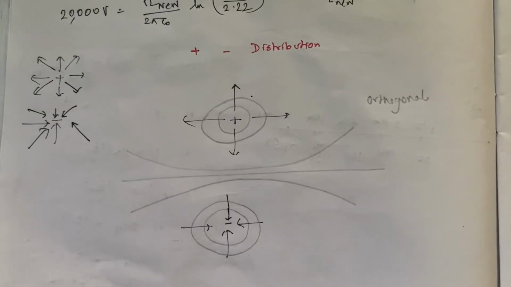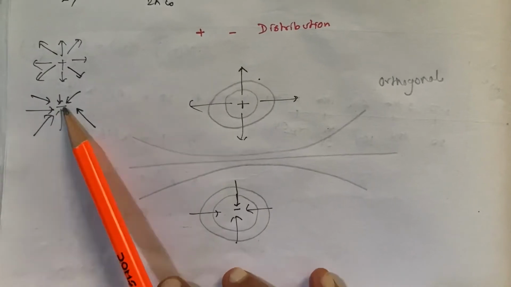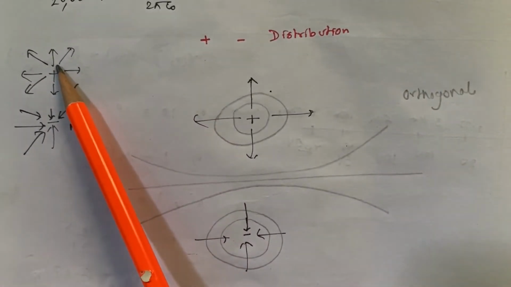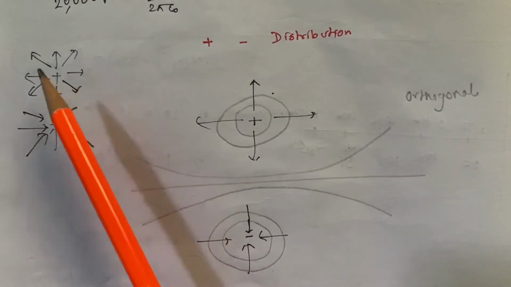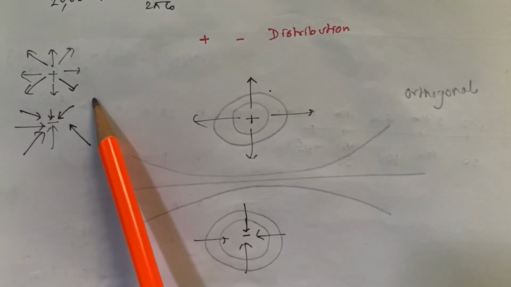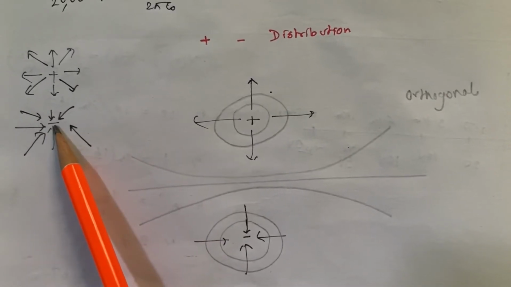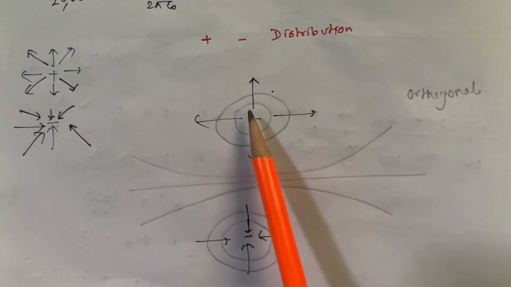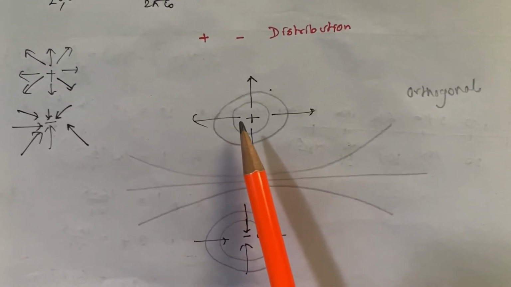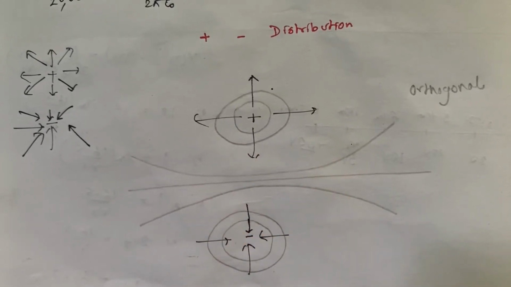Let us consider a particular type of charge distribution. Suppose I have a plus charge and a minus charge. First, when I have a plus charge, the electric field lines will be going outward because it's a positive charge. And if it's a negative charge, all the field lines will be going inward because of the presence of this negative charge. Now, these are the field lines presented in black ink. And these circular lines are the equipotential surfaces.